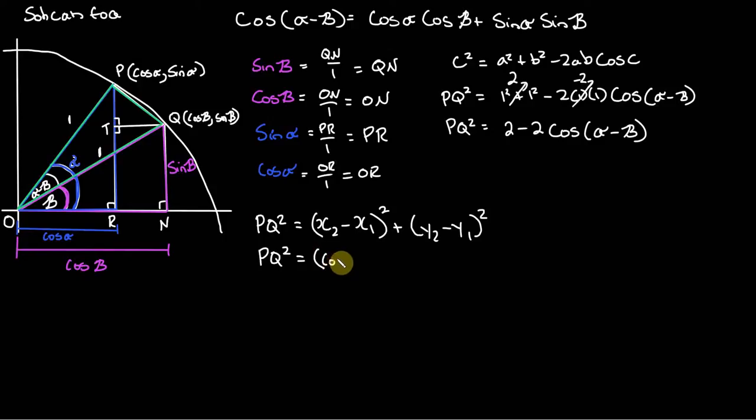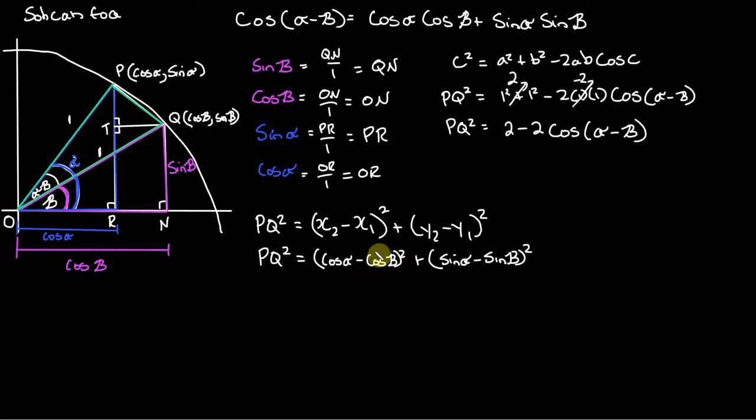So let's write this: cos alpha minus cos beta squared plus y2, sine alpha minus sine beta squared. And now all we need to do is, you could think of it as the FOIL method or distributive property twice,